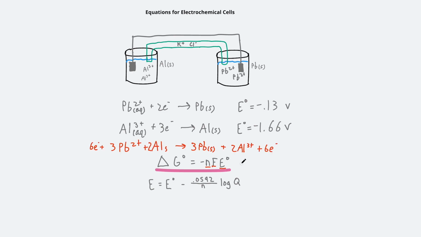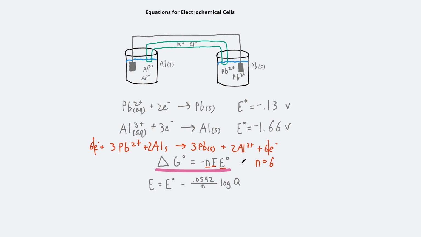Here's the balanced redox reaction, and just remember to cross out what appears on the left and the right side. So we have 6 electrons on the left and 6 electrons on the right. So those do get crossed out whenever you write the full reaction, but that is the number we're going to plug in for N, because there were 6 moles of electrons transferred for this balanced reaction. So you'll just plug that value in with the rest of your values,